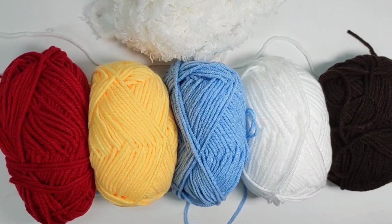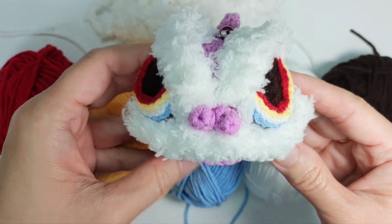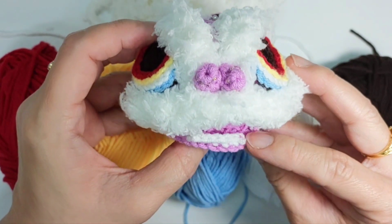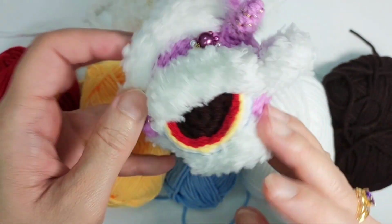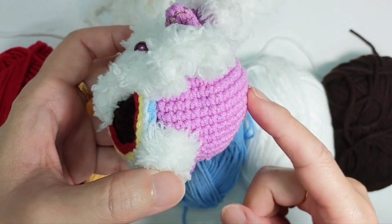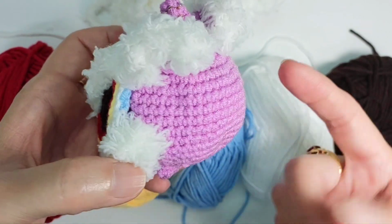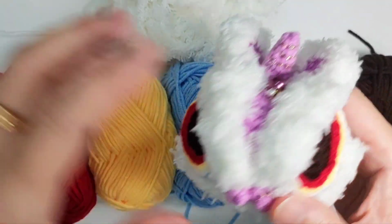And today, because Chinese New Year is around the corner, I plan to make a lion dance head with the teeth. So to make this fella, the background color, you can choose any color. Lion dance are supposed to be colorful. So this is this color. I'm going to make one more in red. And you would need